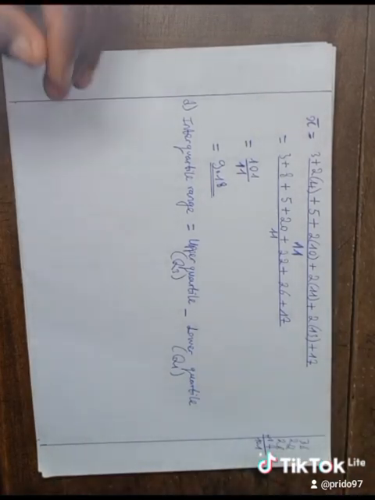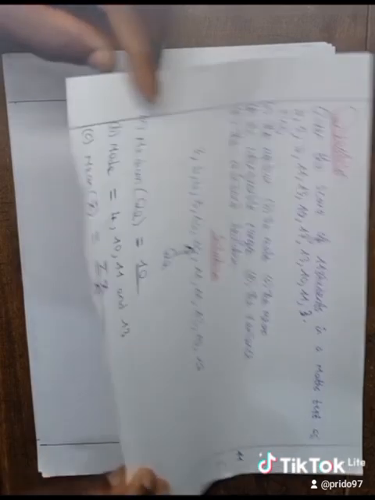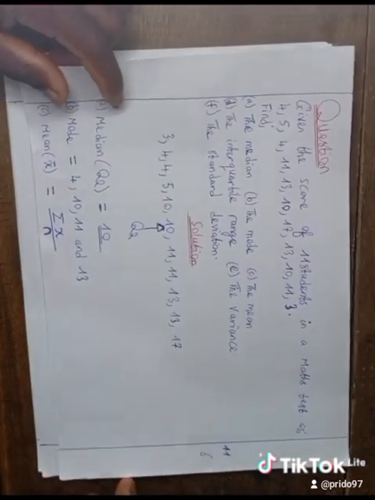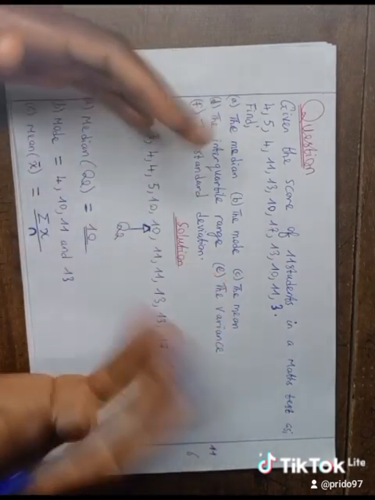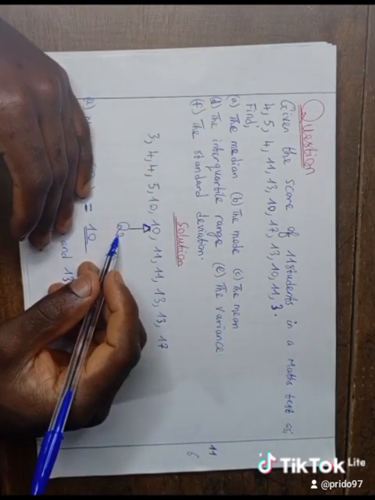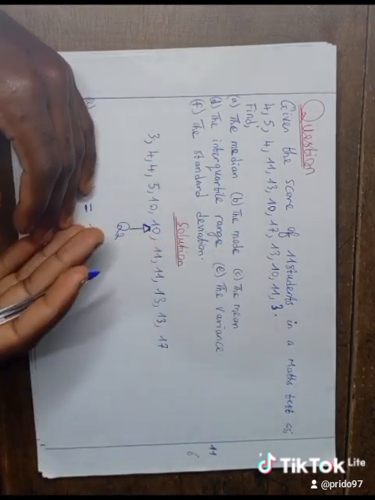Now we need to locate the lower quartile and the upper quartile. So we are going to take, since we have succeeded in getting the median, which divides the data